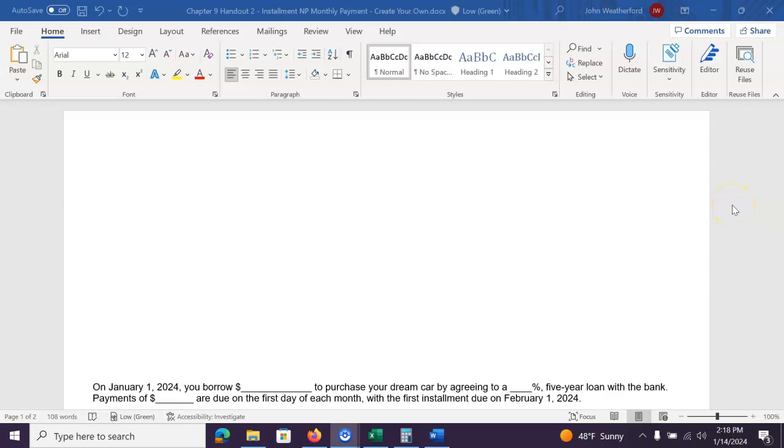Okay, you guys, on the second handout here from chapter 9, I don't know if you ever read these when you were younger. It might not have been a thing when you were younger, but when I was a kid in elementary school, I used to really love the choose your own adventure books. You make a choice and turn to a certain page. Well, this is kind of a, if you will, play along with me here, choose your own adventure accounting problem.